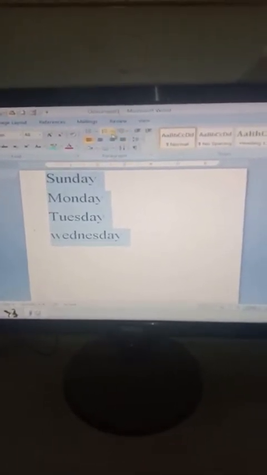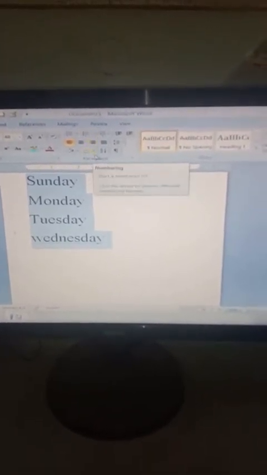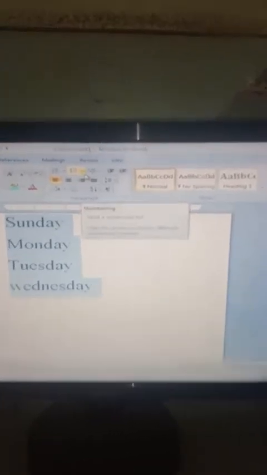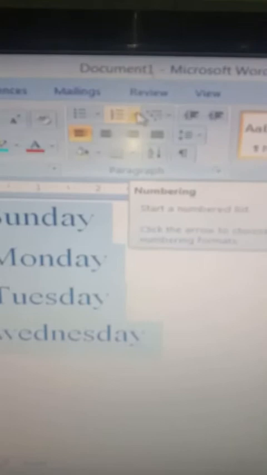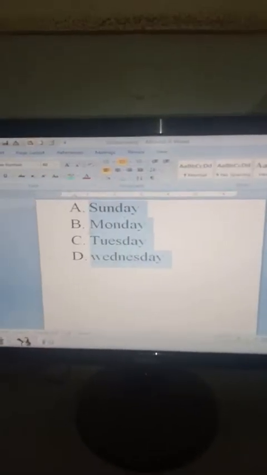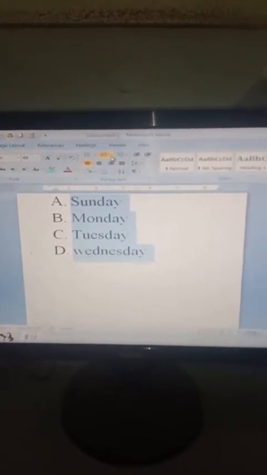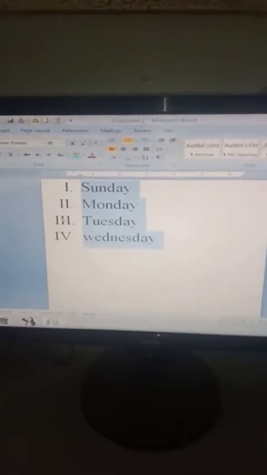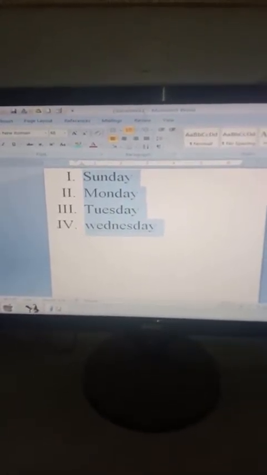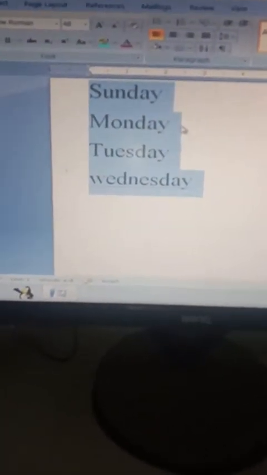The next topic is how to insert the numbered list. After typing the content, I bring the cursor over the paragraph tab, and from the paragraph tab to the numbering icon. As soon as I click on the numbering icon, different types of options appear. I can select any of the options. Say as I left click over here, the numbering A, B, C, D appears. I can change them also when required. Now I have changed them. So this is how to apply the numbered list in our document. Now when I want to remove them, I just click on the None option. As soon as I click on the None option, the numbering is erased.